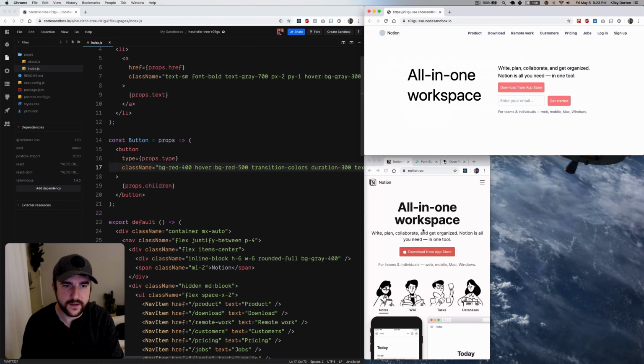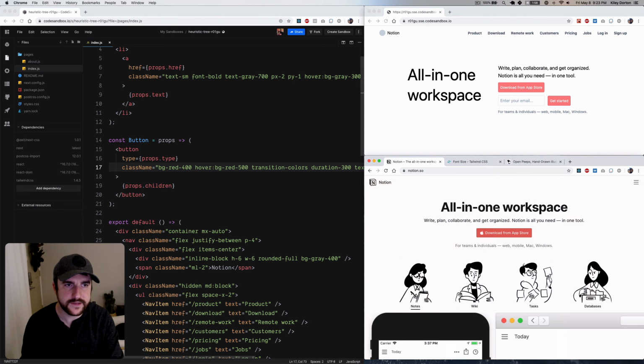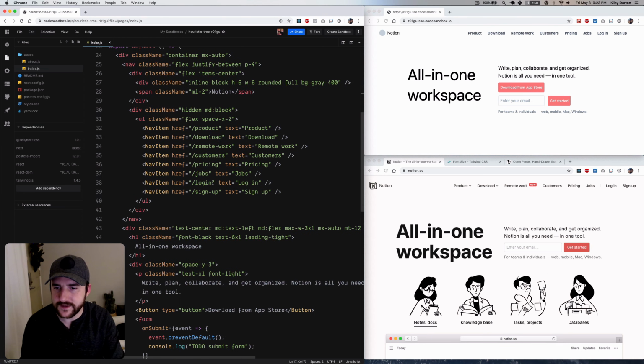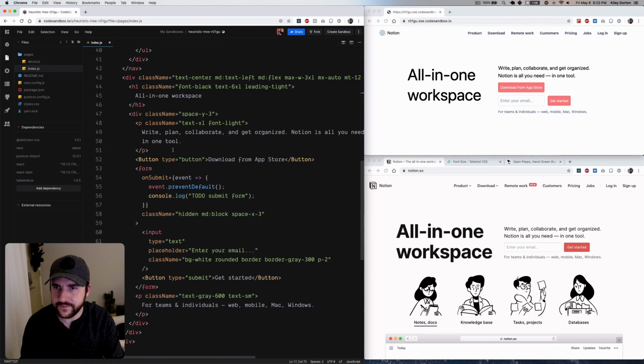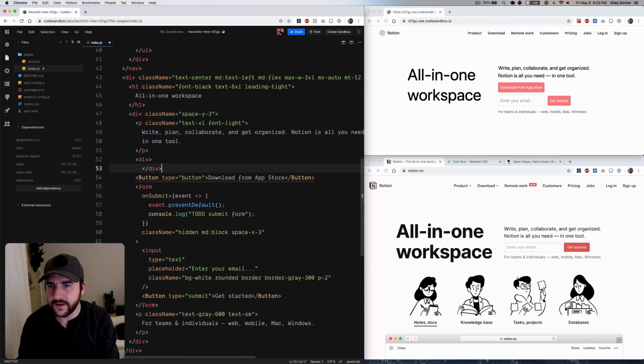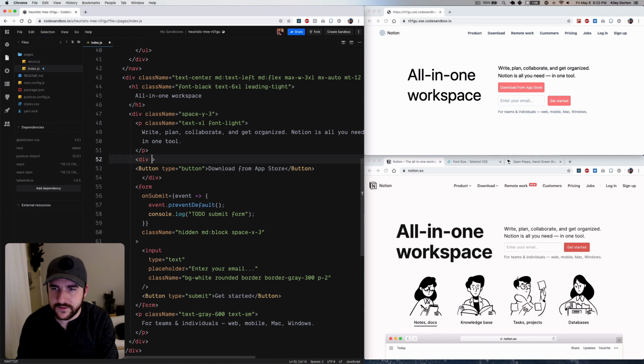All right. Let's go back to desktop size. Now you can see we accidentally left our button on desktop size. So let's get rid of the button on desktop. And I tell you what, I'm going to actually wrap this in a div. Even though we don't really need to, we could add the class name to the button itself. Let's just wrap this in a div in case we ever want to add stuff to this button section. So anyway, the class name for this is going to be